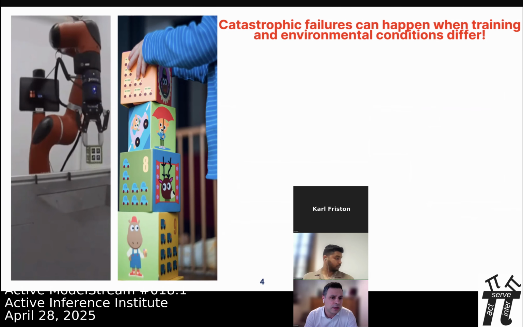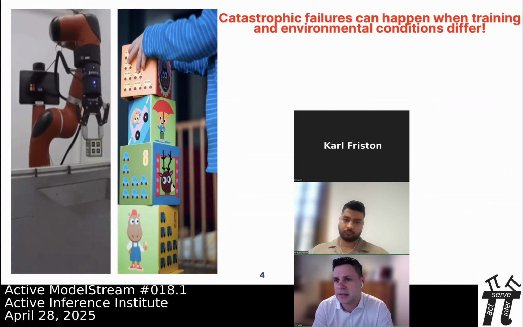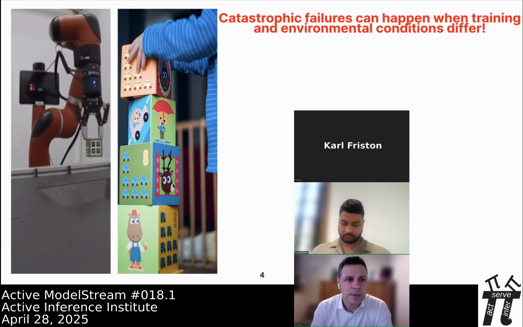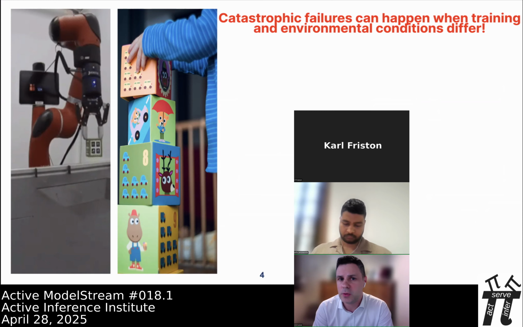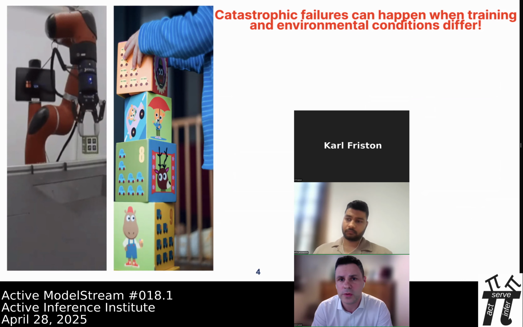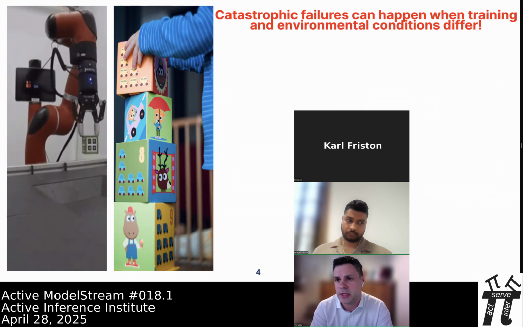In contrast, natural intelligence, for example a child playing exactly the same game, can do the same task in a much more robust way. And this is, of course, only a toy problem. Imagine what would happen if we had mismatches between the training and the environment, and what would happen if the agent starts to misbehave. We could have failures in the robot, for example, that could cause damage to the environment, to the robot, and maybe to people around it.